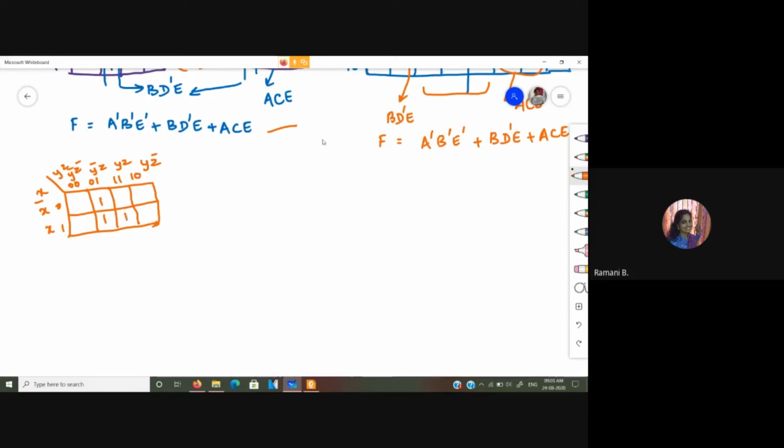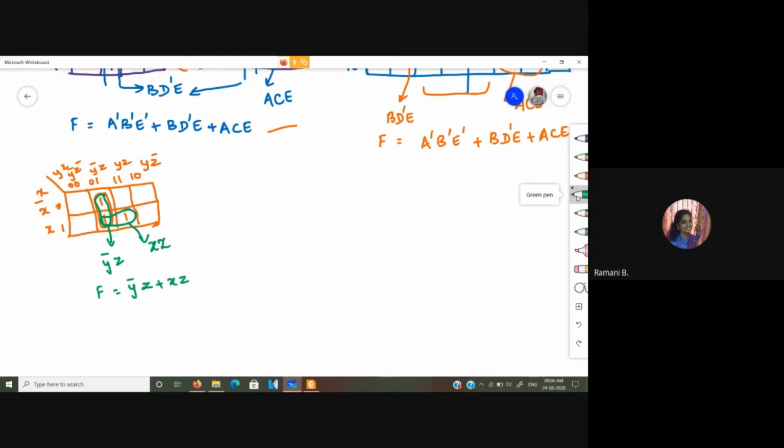So suppose I am having things like this, that is you are going to form a group like this. Here this is X bar and this is X, so you can leave it out. So here you have Y bar Z, and similarly forming this particular group, X is common in this, and in this Z is common, so you can have it like this. So that also is up to you.